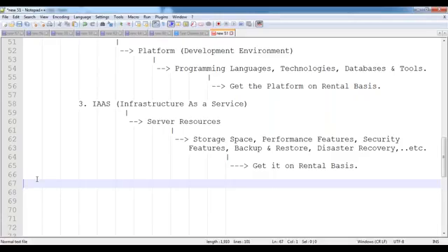Like for example, a simple general scenario. Inside your mobile, I need a new game. From where are you downloading? From the App Store or the Play Store. What is the App Store or Play Store? It's a cloud space. Because cloud means what? Internet. If you want to access that Play Store or App Store, we have to enable the internet. Without the internet, we can't open that Play Store. So from there we are able to download. That is one thing.